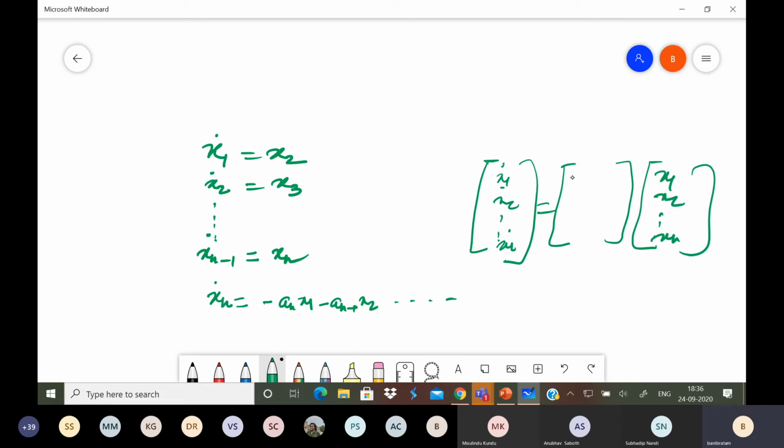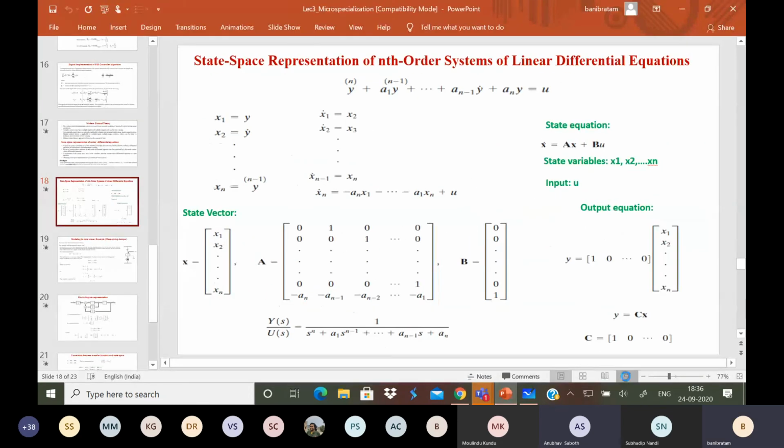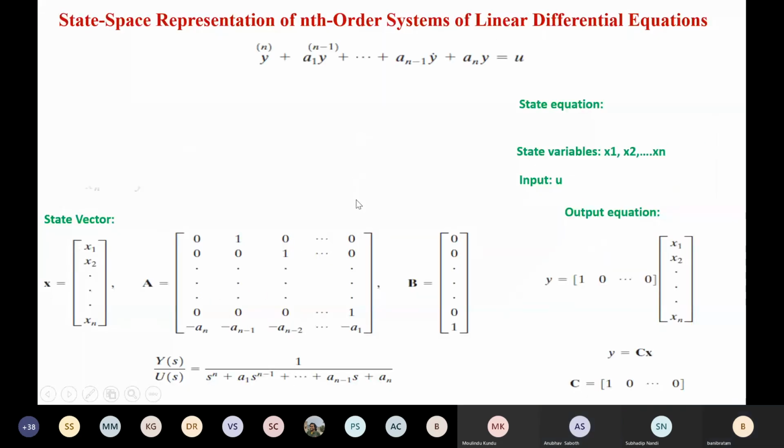This row will be 0, 1, all other terms 0. Then next is x2 dot equals to x3, so 0, 0, 1, all other 0. Did you get it? Okay, yes, sir. Yeah, I understood. So in that way we have formed this matrix A, and this B will be a simple vector for this particular case,